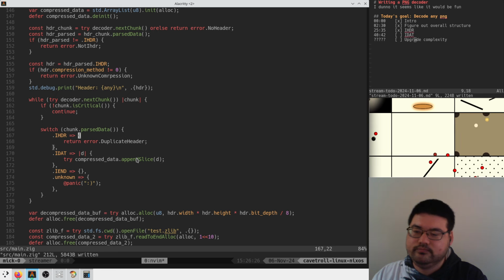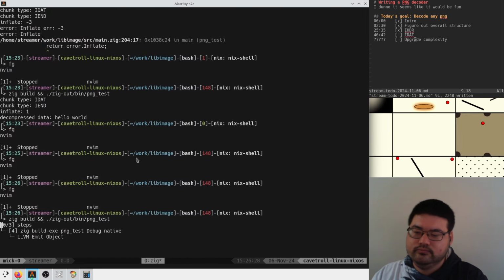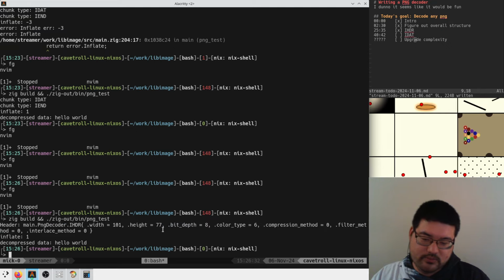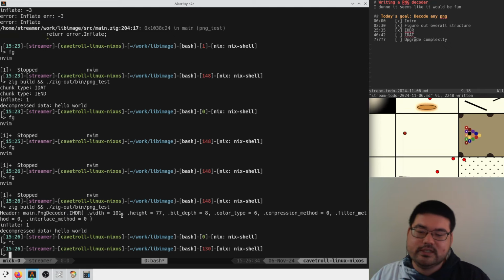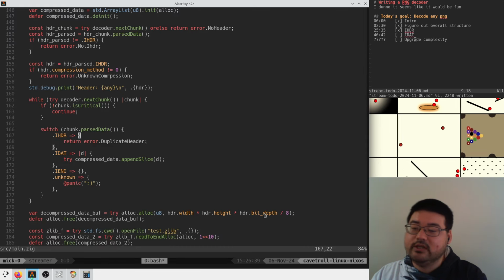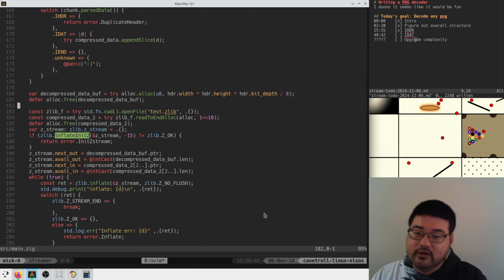Okay. Right, so here we see a header which has a width and height, which is reasonable, bit depth, and so on. But this bit depth and color type and stuff, they're not relevant until we decompress, as far as I understand. So we should be able to